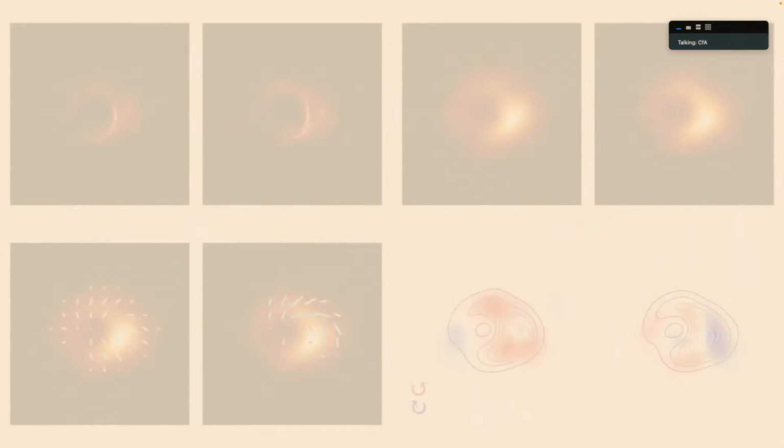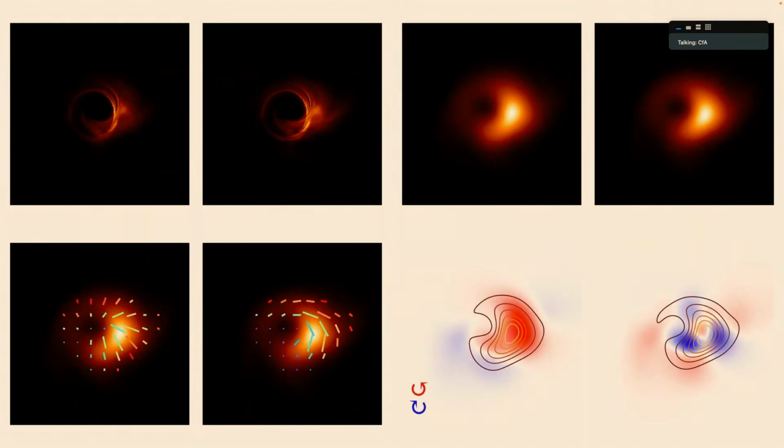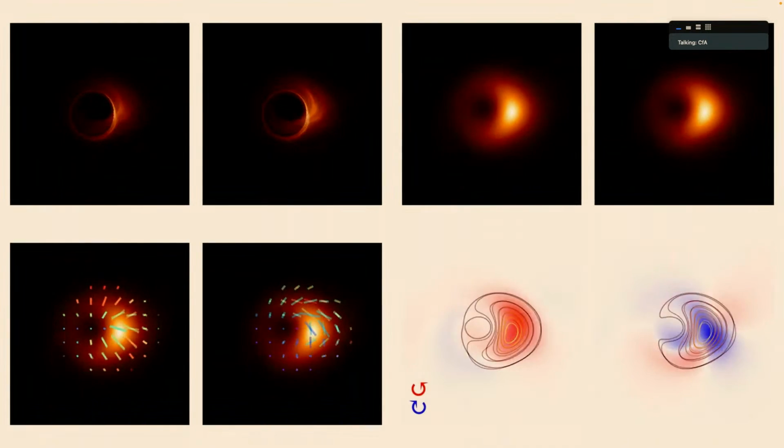Now, these are all very turbulent movies. This is all a lot clearer when you look at the time average. And you can see that if you started off with models that looked like this, it's hopeless to even go for perfect resolution. You'd be better off discriminating them with polarization.